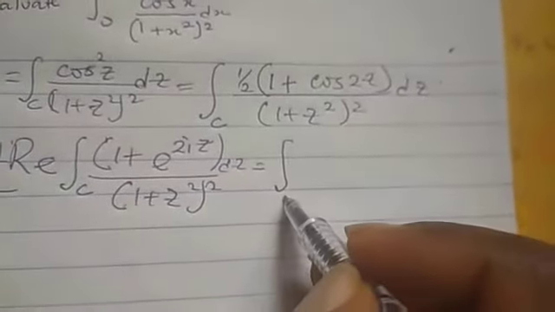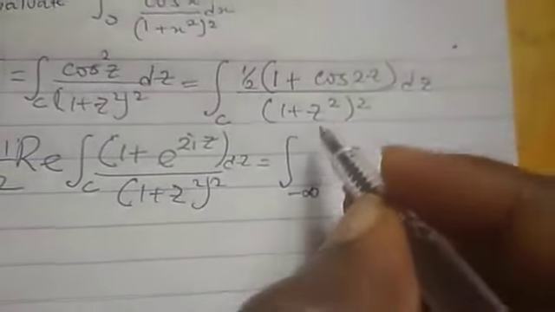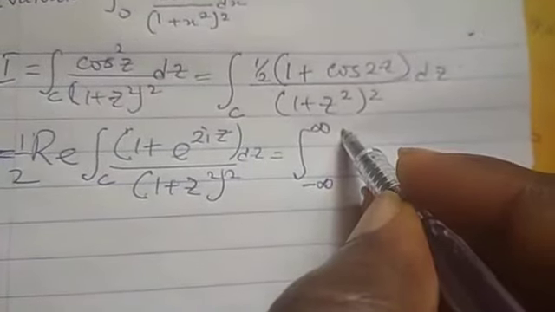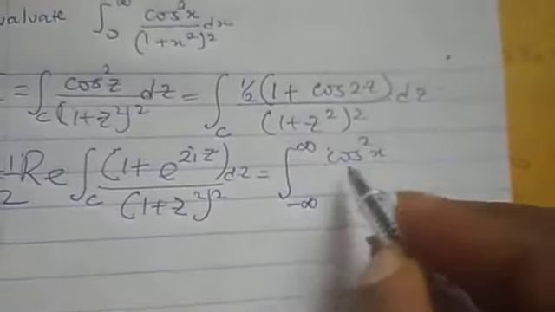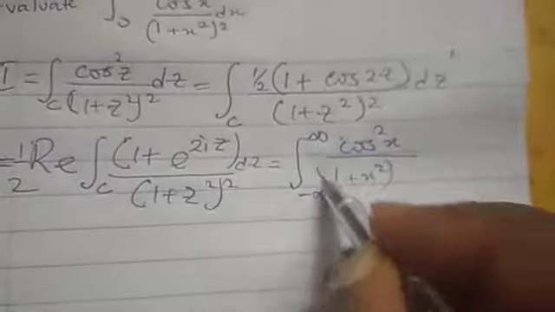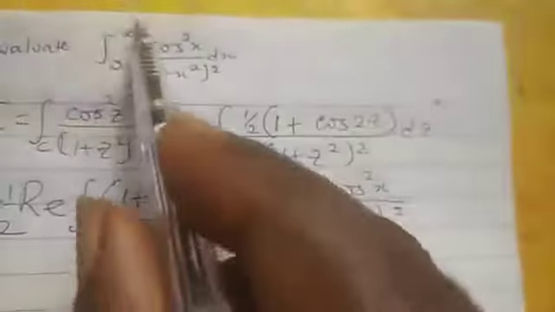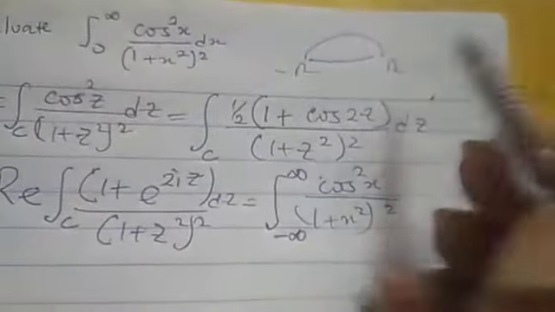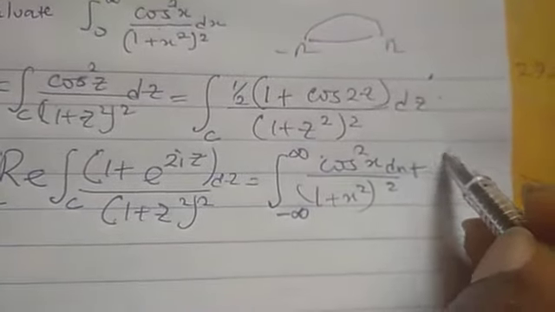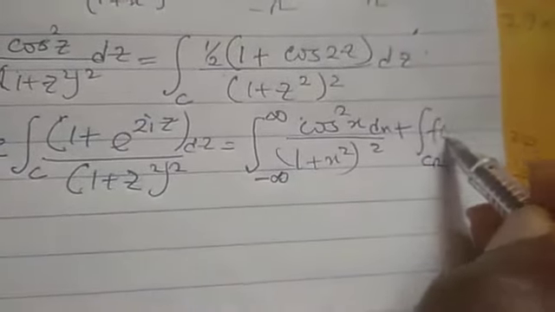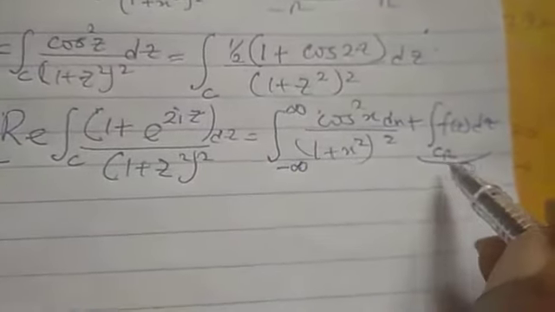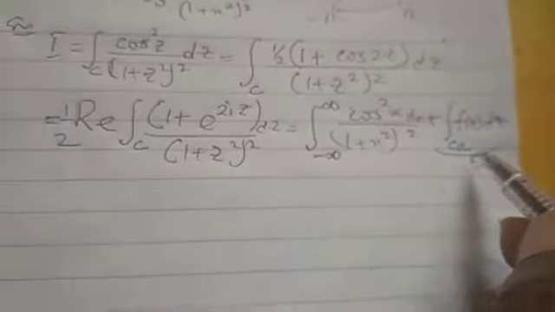Without stressing ourselves, this is minus infinity to infinity. You follow what you have been doing. This is f of x dx, the given cos square s over 1 plus s squared, although it is this boundary, but we are dealing with this boundary because we are integrating it in the upper half plane, ds plus c bigger f of z dz, which by Jordan's lemma will be 0. You have to put it there that by Jordan's lemma the second integral is 0.